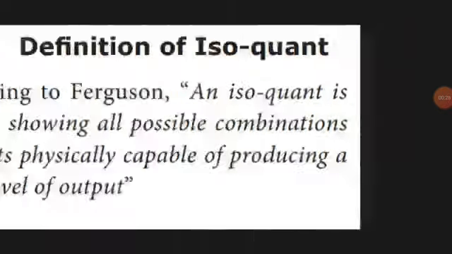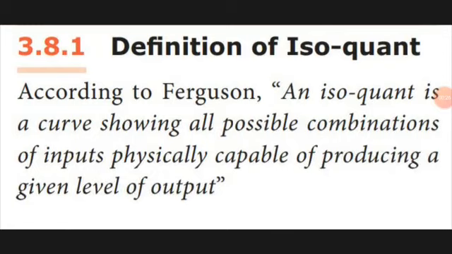What they wanted to tell is that using two or more variables as input should give the same level of output. That means using two or more quantities of inputs in the manufacturing field should give the same amount of output. Whatever differences there are in the two inputs, whether increases or decreases, that doesn't matter, but the output should be the same. This can also be called an indifference curve.